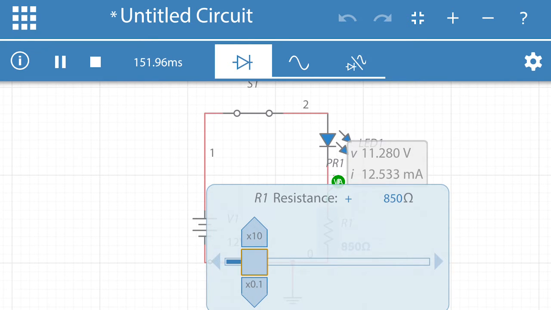We can adjust this real time during the simulation, and here you can see the current through it is going up. Now we adjusted it so that it was a 20 milliamp current that it could handle. So right there, about 600 ohms, we have 18.8 milliamps or so. A little bit less. Oh, there it goes. So 600 ohms. Looks like if we go back up